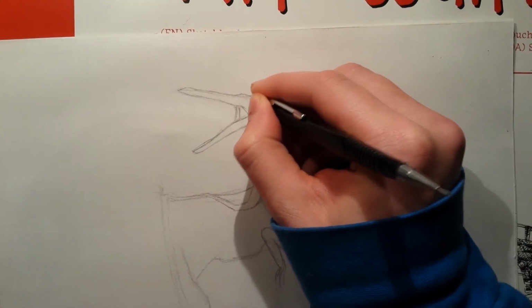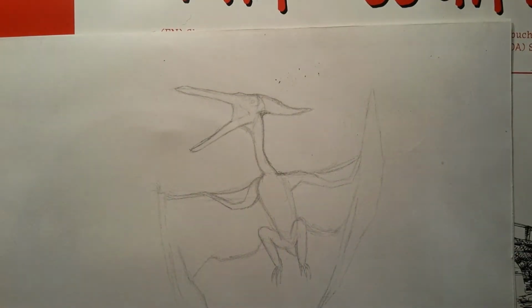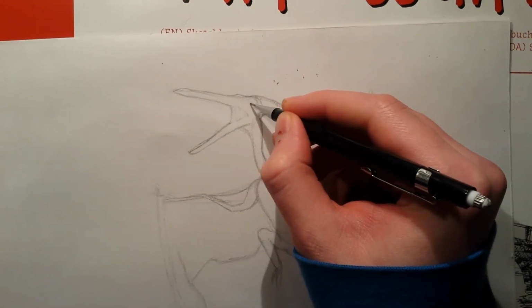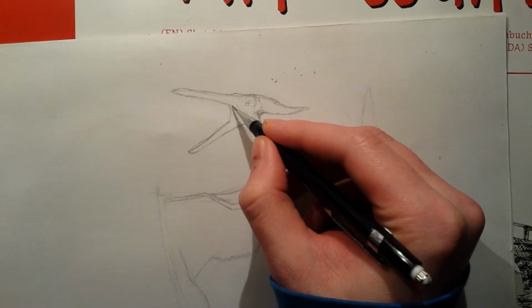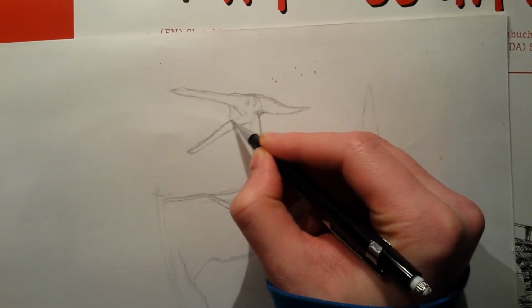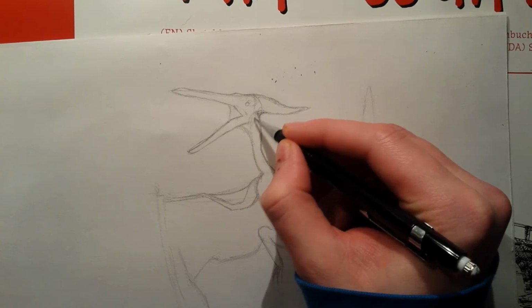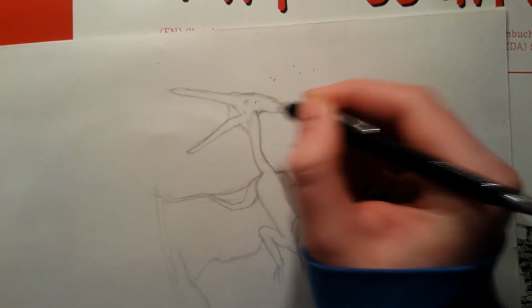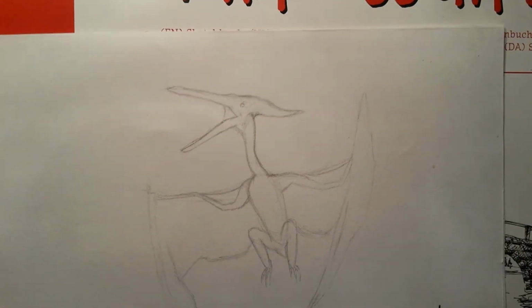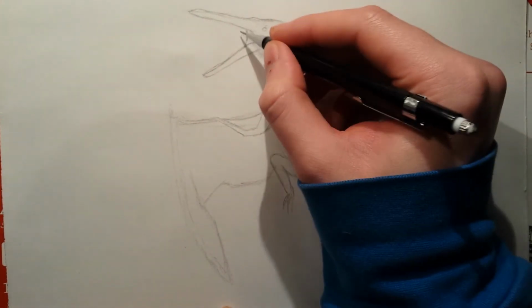Maybe put his eye. I think I did this part a little bit wrong, because his eye isn't at the right place at all. His eye is supposed to be over here somewhere, a little bit more like in the front of everything, and then this part is supposed to go down over here. It's a whole lot of difference. Yeah, looks a lot better. Alright, so now we did the most